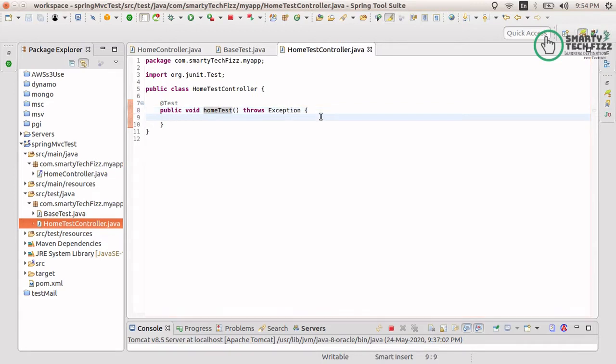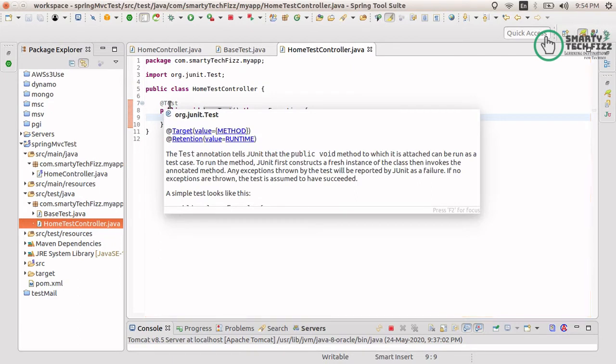So this is a function which I have written for testing the home function of the home controller, and the main thing which we need to do is annotate it with @Test. This @Test will tell this class that this function needs to be tested, this is a JUnit test case and we need to test it.